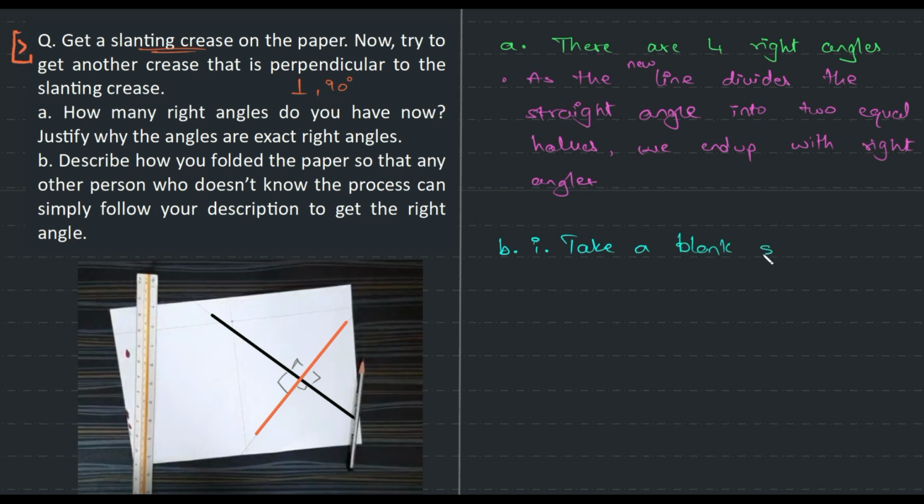Actually, it can be anything. Then draw a straight line which is slanting basically. Fold the paper